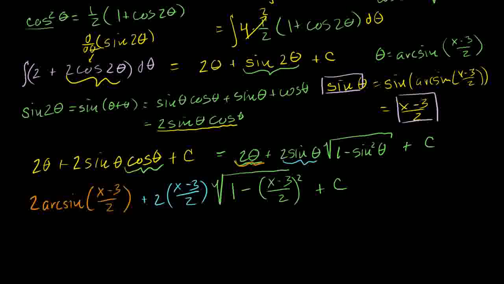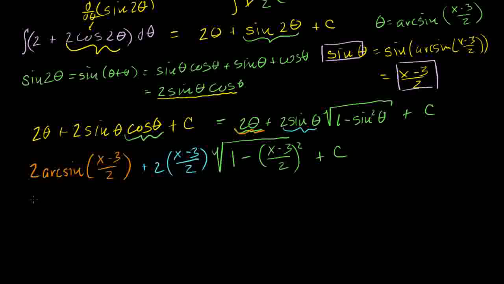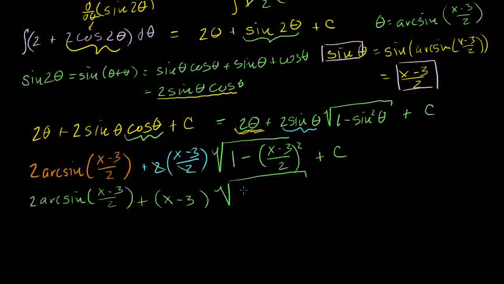And let's see if we can simplify this even more, now that we're already at the home stretch. So this is equal to 2 arcsine of (x minus 3) over 2 plus these two terms, this 2 and this 2 cancel out, plus (x minus 3) times the square root of 1 minus (x minus 3) squared over 4. This simplification, I should write that in quotes, is taking me longer than I thought. But let's see if we can simplify